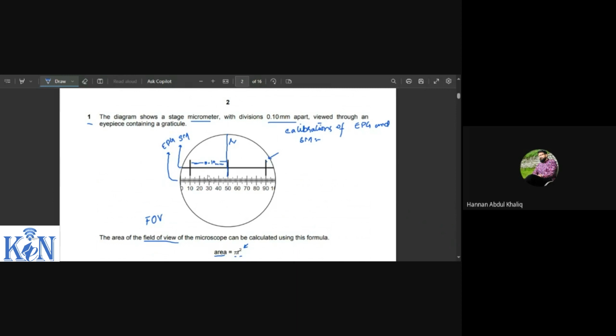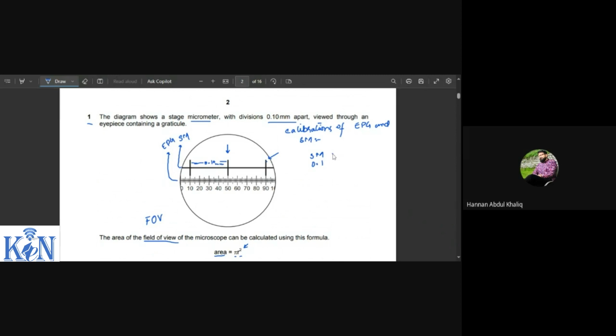So how are we going to get the radius? To get the value of the radius, first of all, we need to calibrate it. So we'll calibrate the middle value of the stage micrometer with the coinciding value of the eyepiece graticule. The stage micrometer has the value of 0.1 here. Just look at this. These are the distances of 0.1. So this value would be 0.1, and it is being calibrated